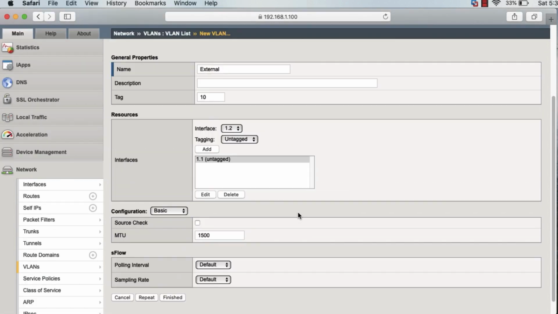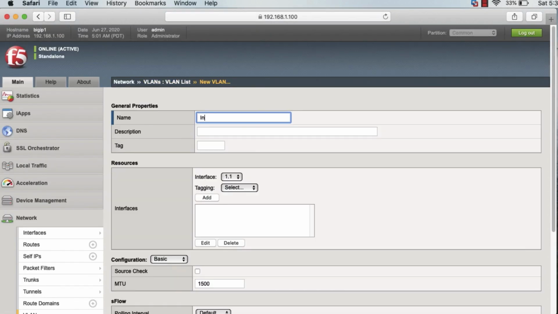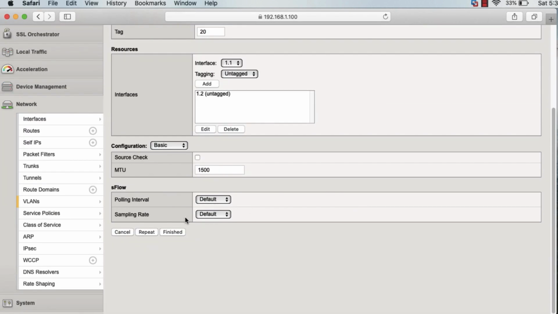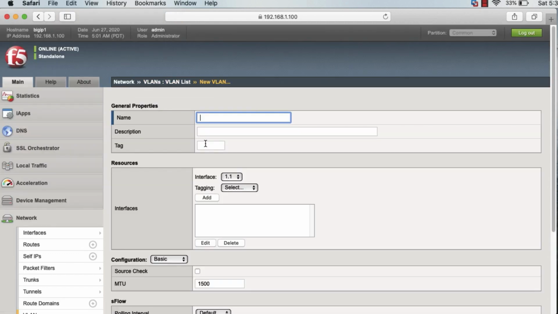And finished. External one is done. Similarly, internal will be created. I'll name it VLAN 20. Interface is 1.2. It is untagged. Click on add and finished. Done. See how easy it is.